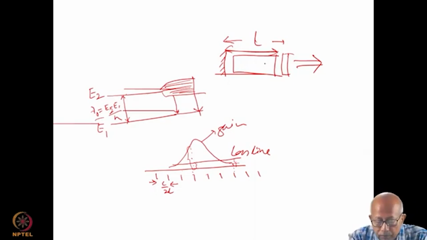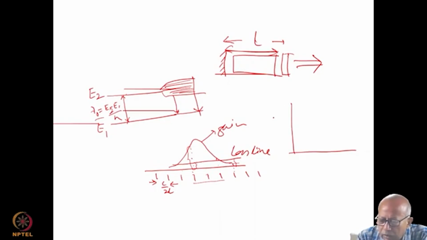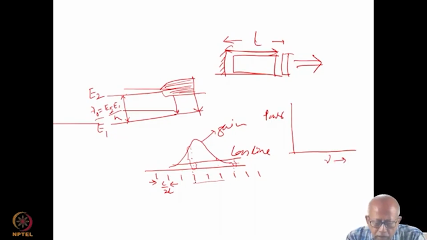In this example, therefore, you can see that there are only 1, 2, 3 modes for which the gain exceeds loss. And therefore, lasing will be effected on all these 3 modes. And the emission feature of the laser would look somewhat like this. If we draw power versus the frequency of the laser, then lasing would be in all these 3 modes, and the mode with higher gain also will give out higher power.